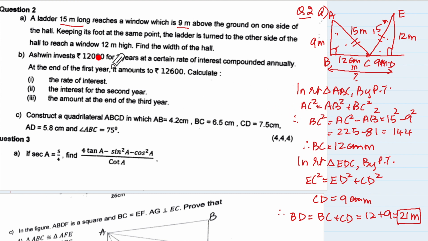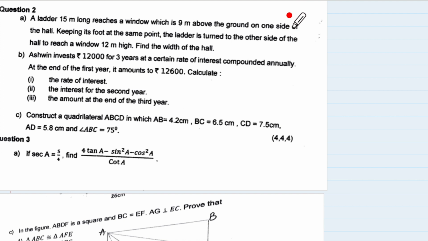Now let us look at B part of question 2. Ashwin invests 12,000 for 3 years at certain rate interest compounded annually. End of first year, it amounts to 12,600. So we will write principal is rupees 12,000 and your amount after 1 year, A1, is rupees